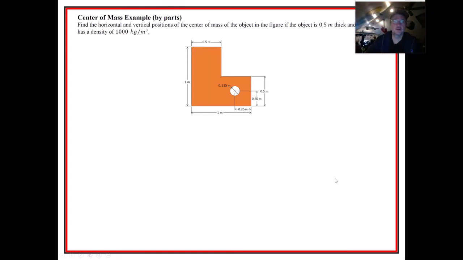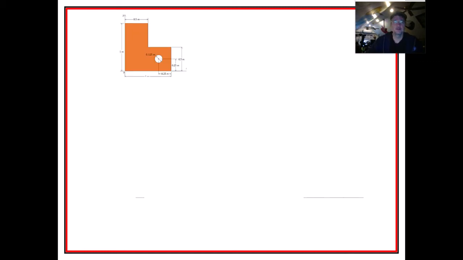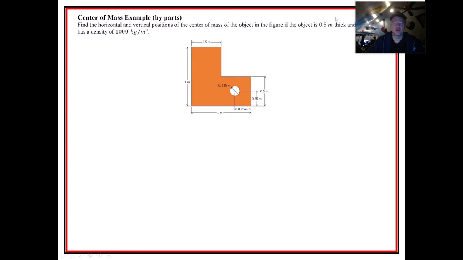Okay, so here we have class 19, and this is example 1, and I'm going to do example 1 and example 3 because it's the same part. And I think I got the thing sorted out, but it was kind of messed up, so this is my second time making this video here. And, all right, so the first thing we want to do is define the center of mass of this piece,